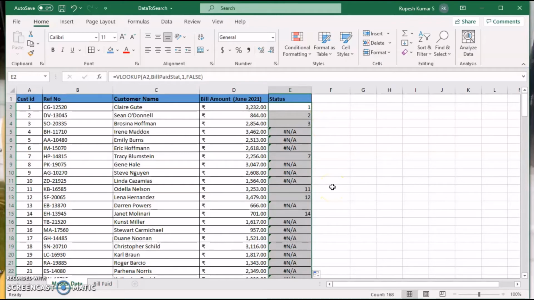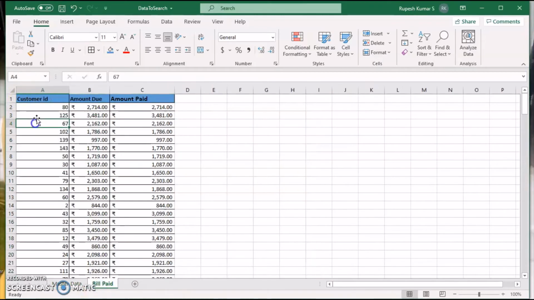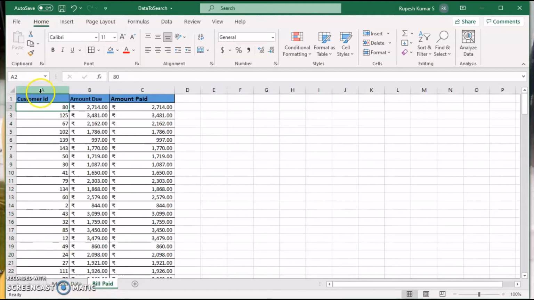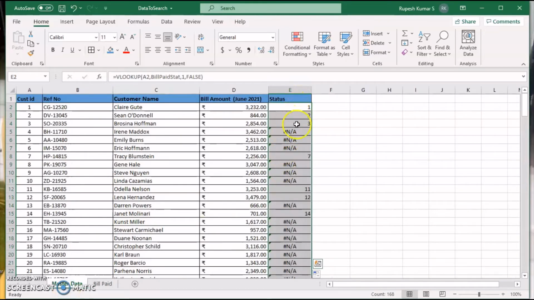How is this working? So whenever it is searching, see, this is first column, second column, third column. Fine. So whenever it is able to search the customer ID, it is printing the 1. 1 means what? 1 means this first customer ID. It is printing the customer ID. Suppose I would like to take amount due, I will be printing 2 because first column, second column. If I would like to find out how much amount paid, then I will be writing 3. Instead of 1, I will be writing 3. Okay. So now I got either 1, 2, 3 or NA.